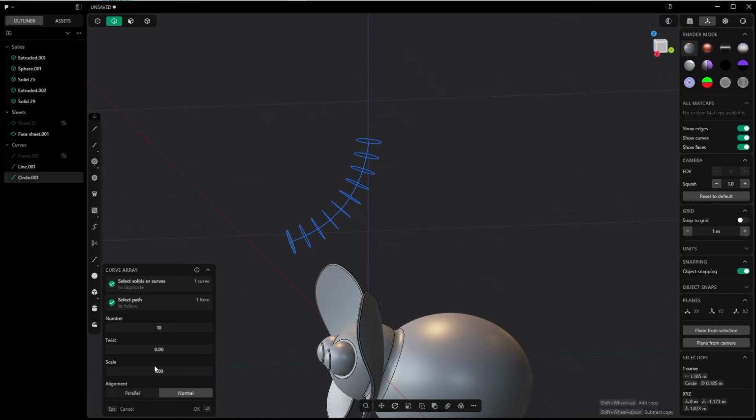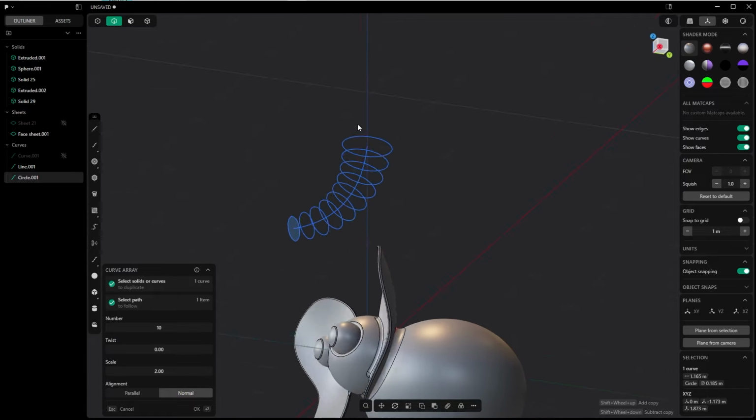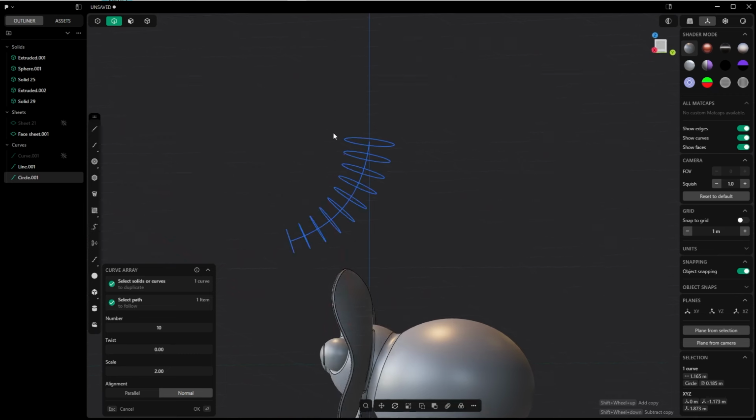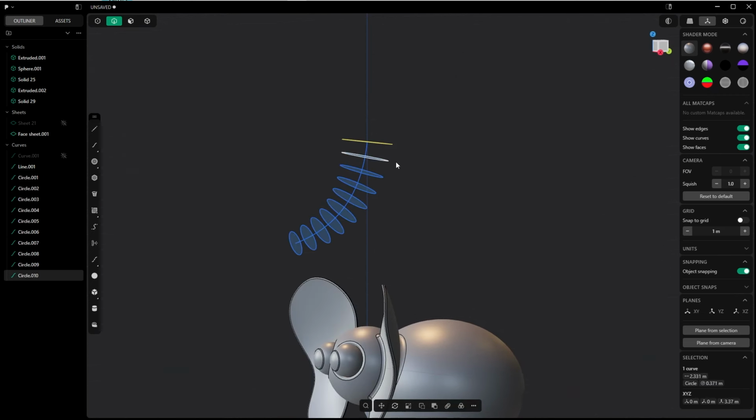It looks okay, and we can also play with the scale. So let's press 2 and see what we get. That looks cool. I like it. And I press OK. Next step is selecting these circles, or you can, if it is too tedious selecting them here,